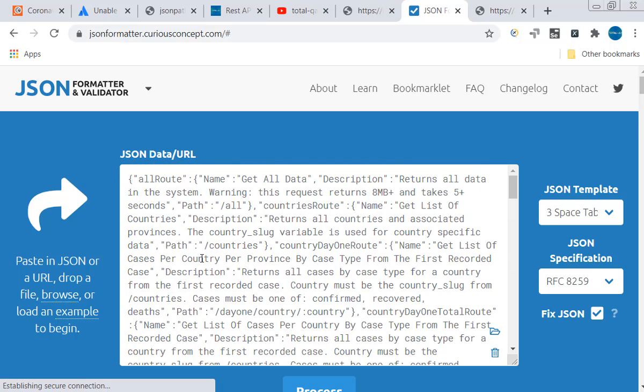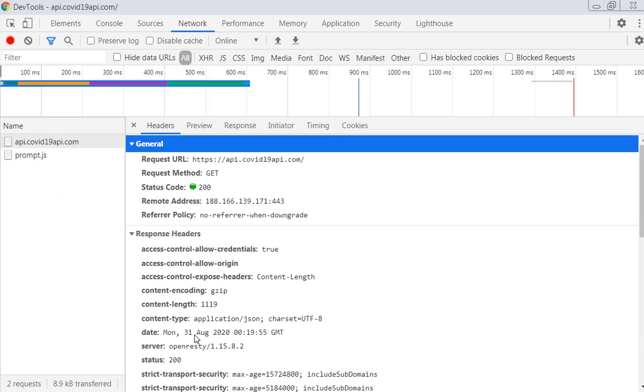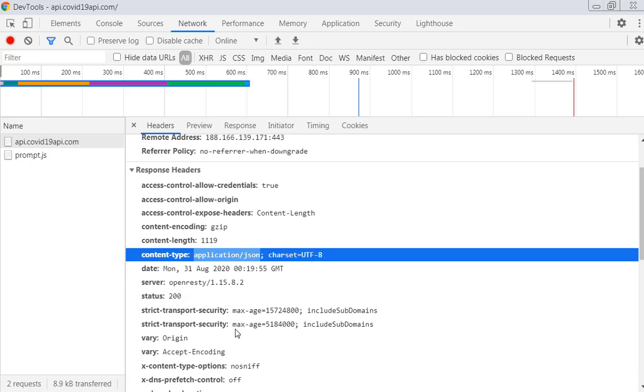It's JSON, JavaScript Object Notation, because what is the response type? If you look at this request response here, the response type is JSON, application/JSON. The response header shows the content type we get as a response is of type application/JSON.